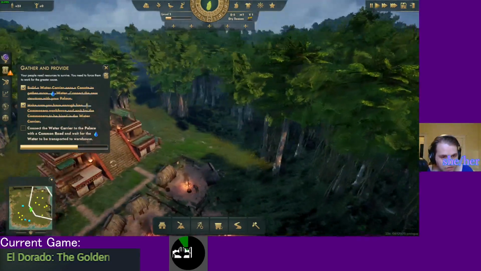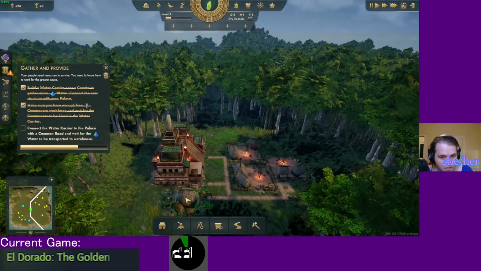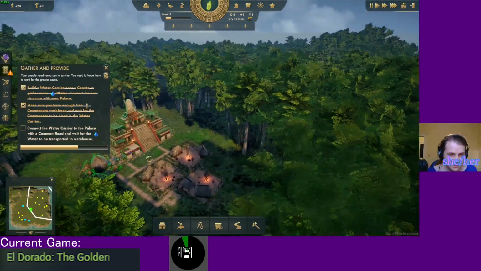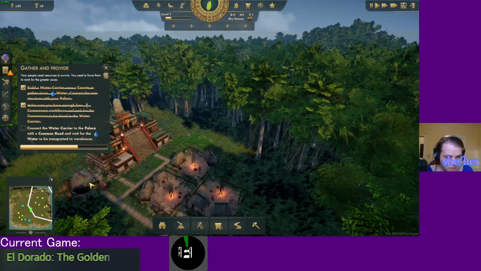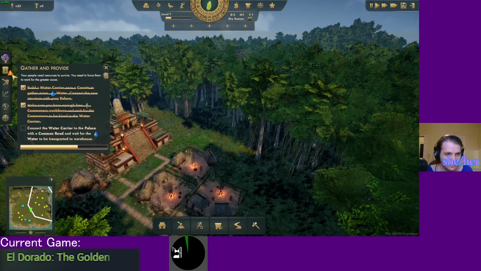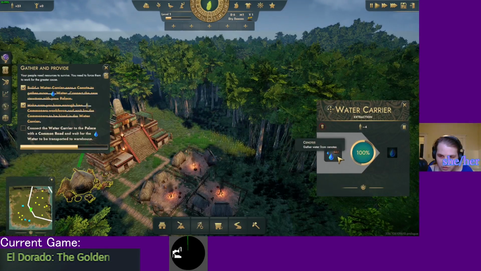Wait for the water to be transferred to the warehouse. Okay. So I'm just supposed to... Okay, well, wait, can I see a description of this? Water carrier, okay. So, gather the water and then...